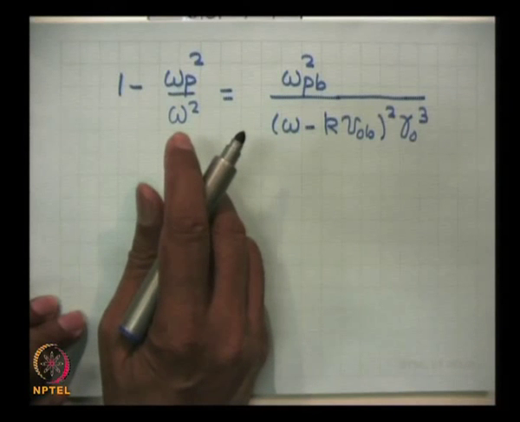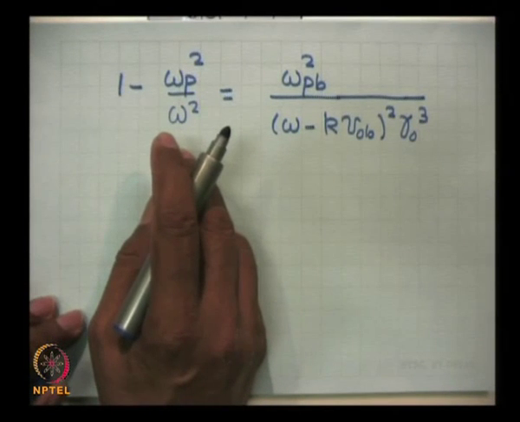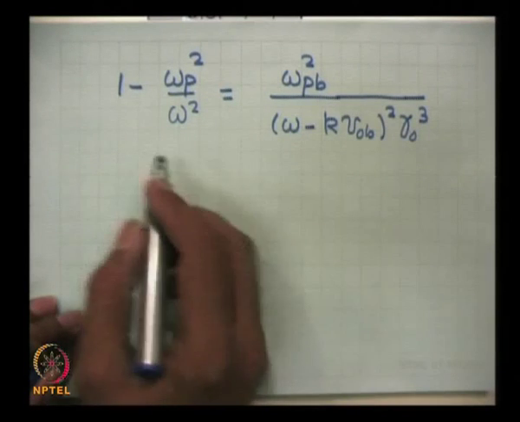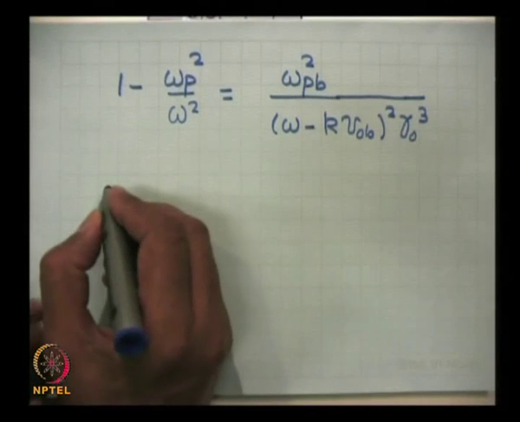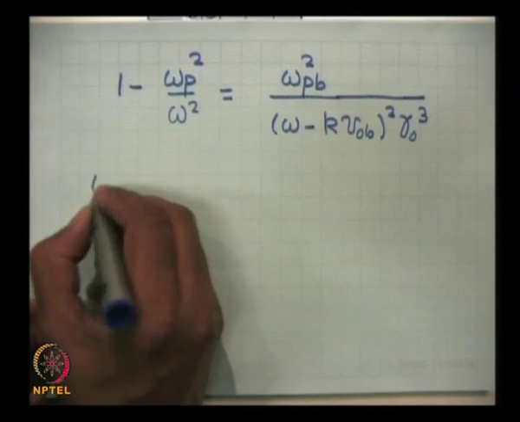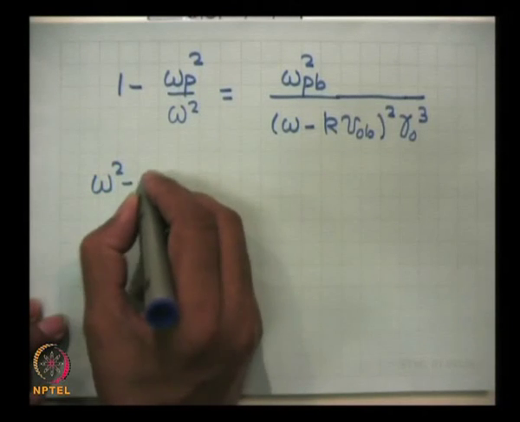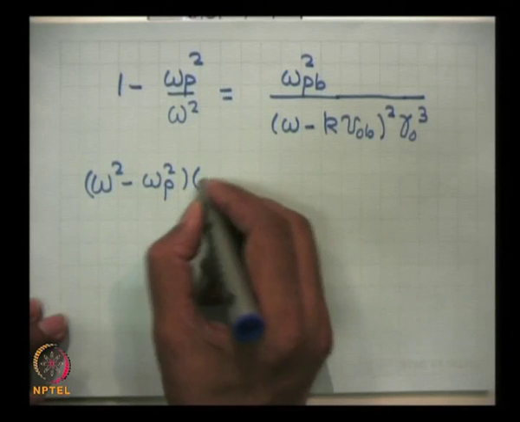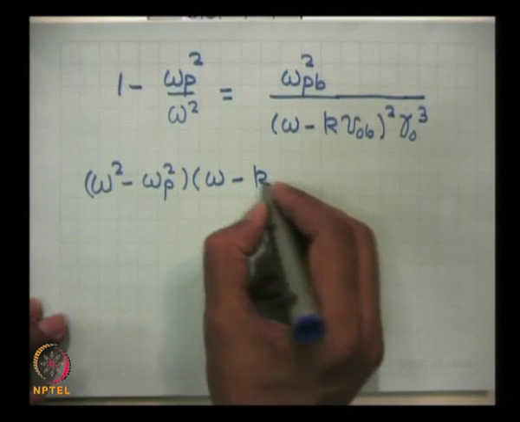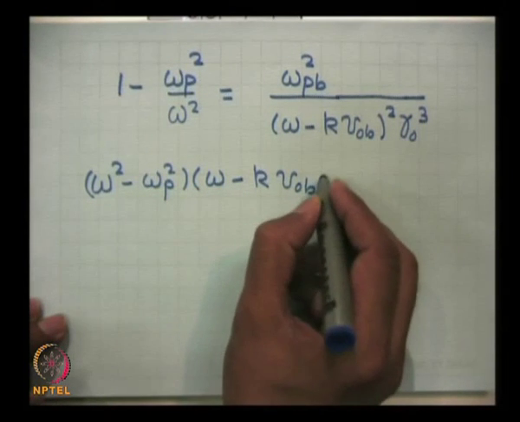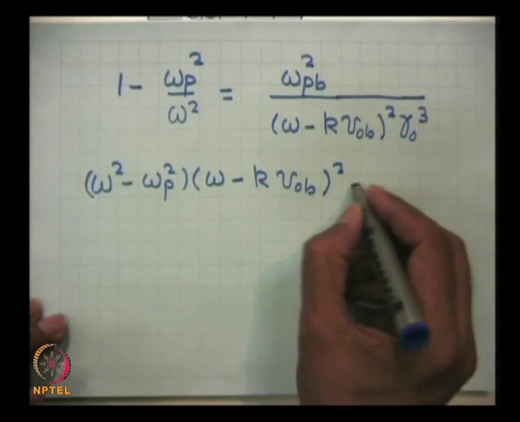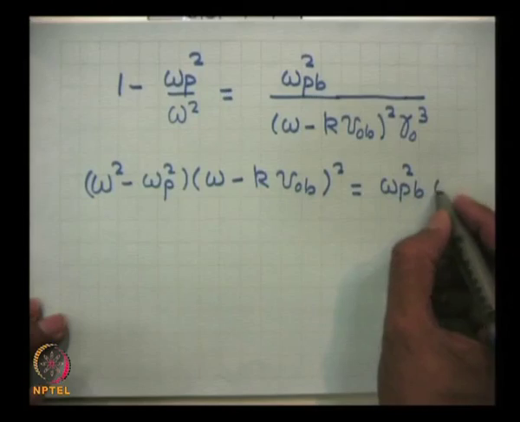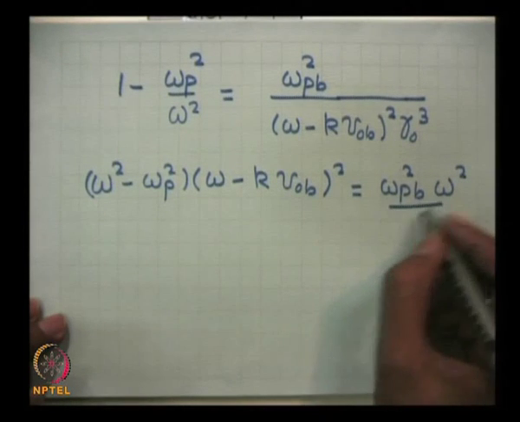You follow the same procedure as we followed for the two-stream instability due to a non-relativistic electron beam to solve this equation. You write this equation as omega square minus omega p square multiplied by omega minus k V0b square is equal to omega pb square into omega square upon gamma 0 cube,